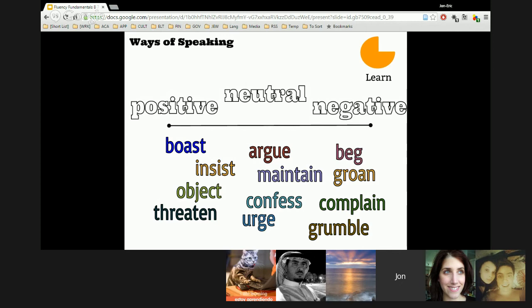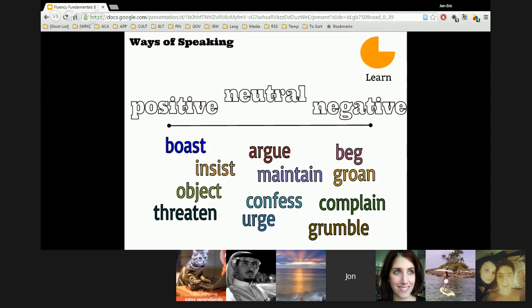I maintained. Okay, there's another way to say that. It also could be reaffirm. It's a fancy way to say it. For example, I believe in democracy. I maintain that democracy is the most important form of government. I maintain. So I'm reaffirming an earlier belief. Okay, so maintain is neutral, exactly like you said.